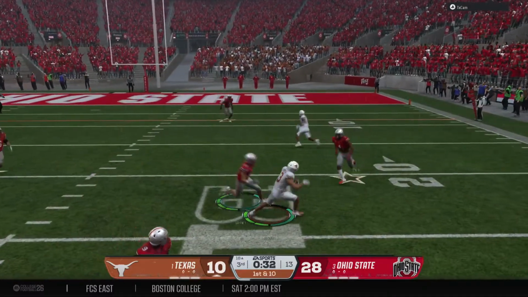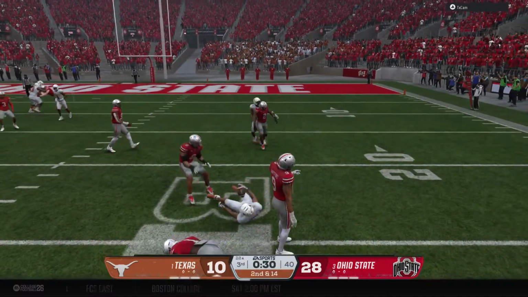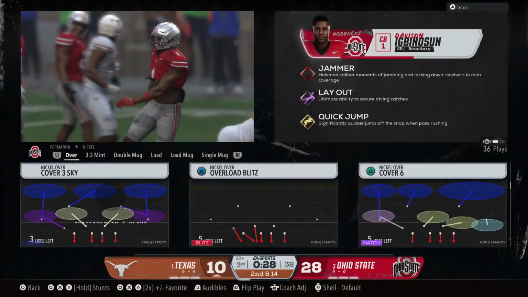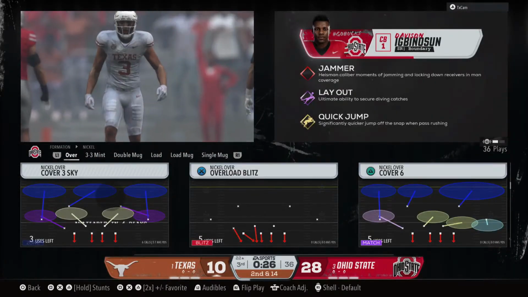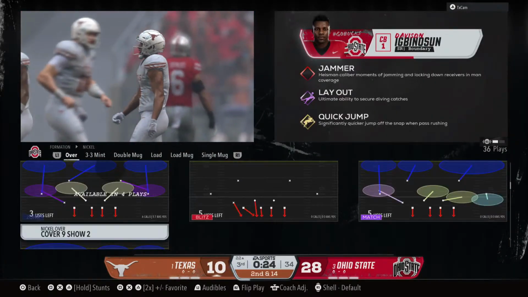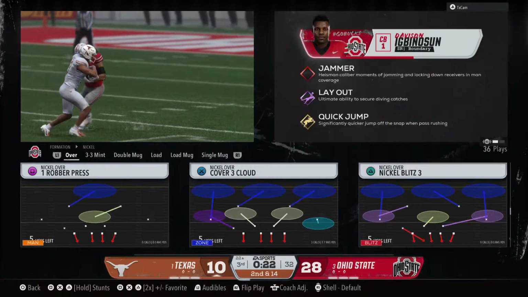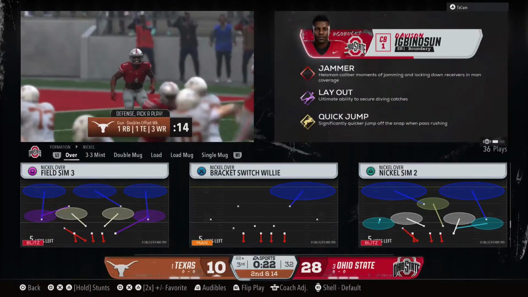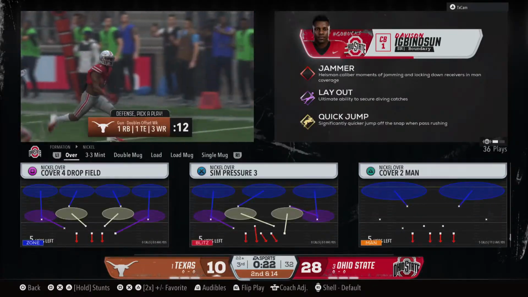Quick throw, the catch is made. And he's brought down, but they went backwards after the completion. Good work by the defense. I'll tell you what, man, this defensive speed is electric. Great job of running to the football. Nowhere to go at all after that throw.